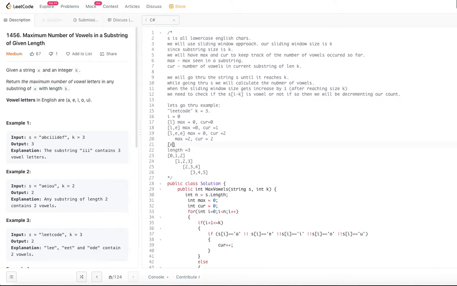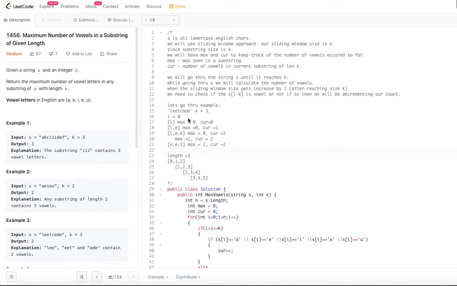So E E T. Max will still be 2. Is T a vowel? No, so we cannot increment. So max is equal to 2 and cur is equal to 2.